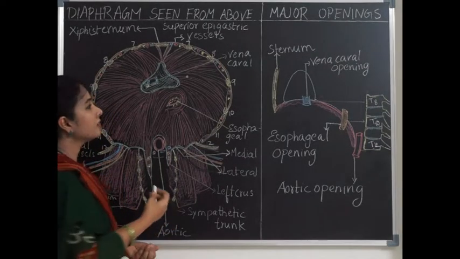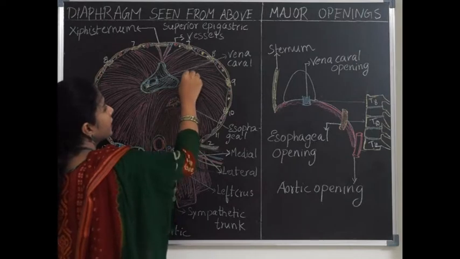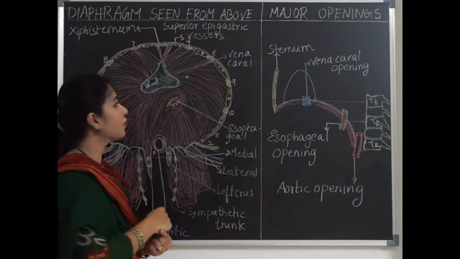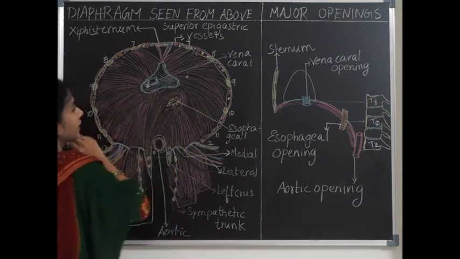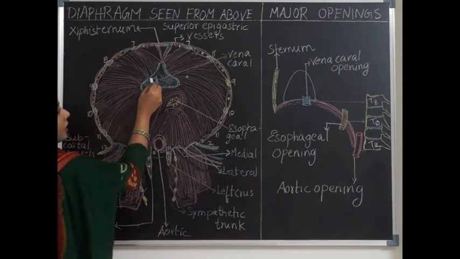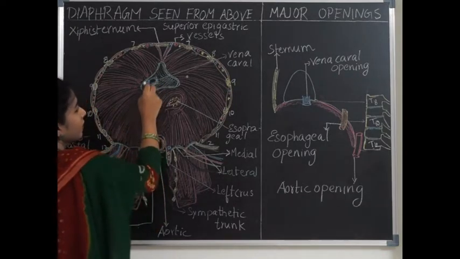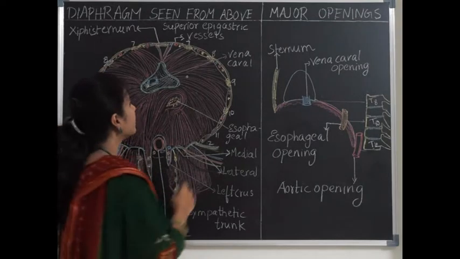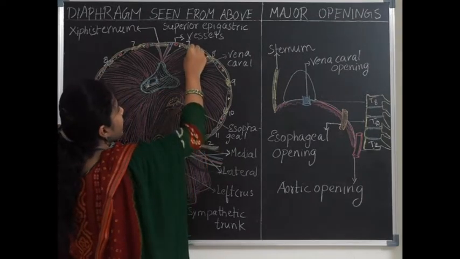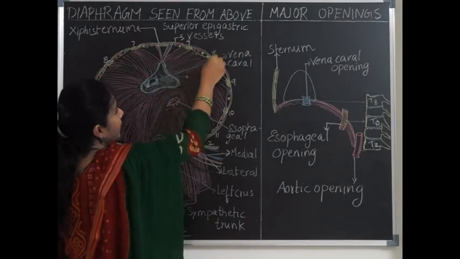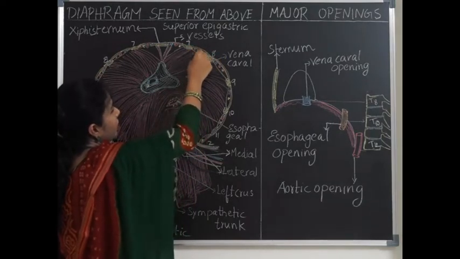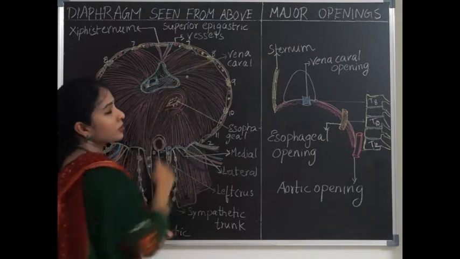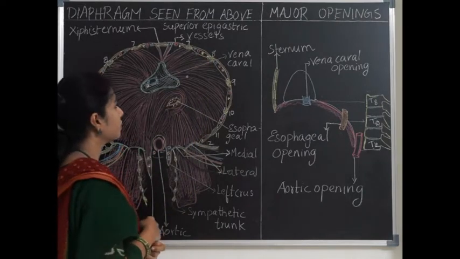The other minor things: the left phrenic nerve pierces the left cupola of the diaphragm just near the central tendon, and the right phrenic nerve runs along with the inferior vena cava in the vena caval opening. The musculophrenic nerves and vessels are present between the fleshy origin of the 7th and 8th ribs. So between the fleshy origin of the 7th and 8th, we see the musculophrenic vessels passing through.